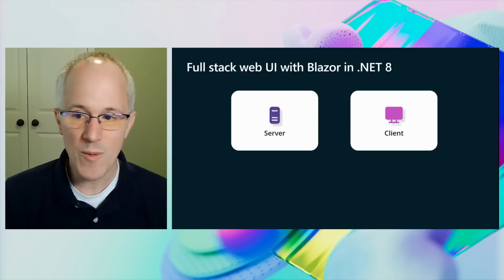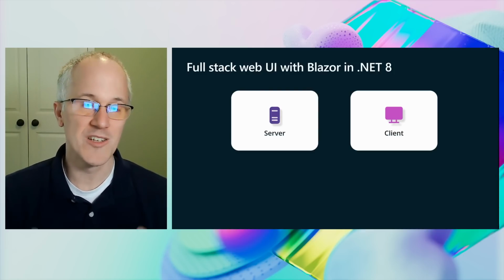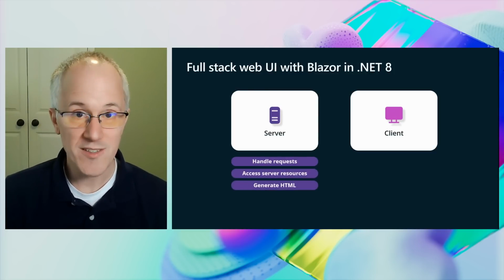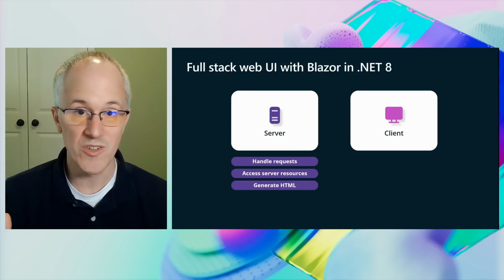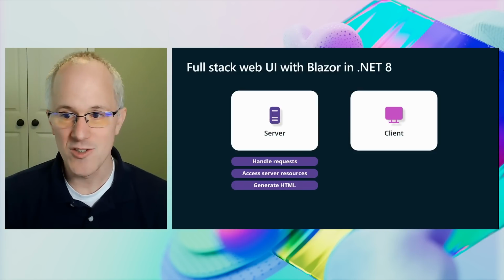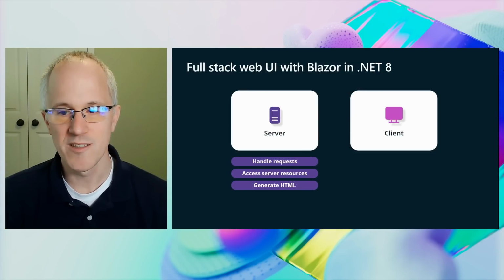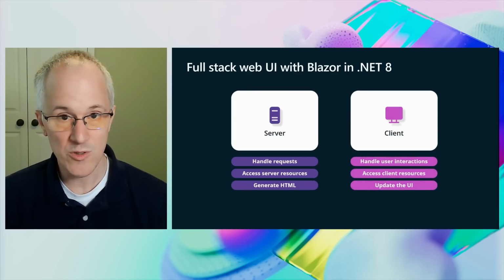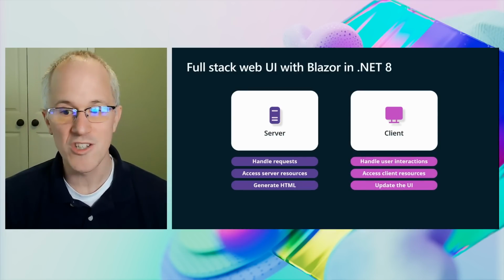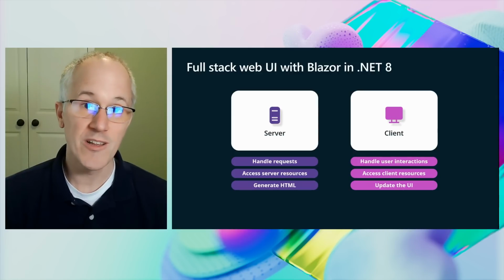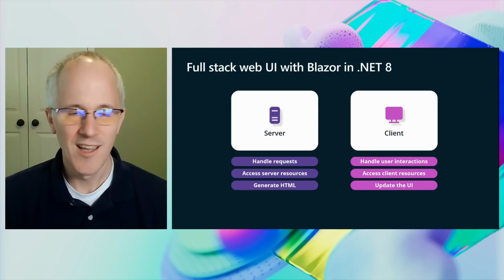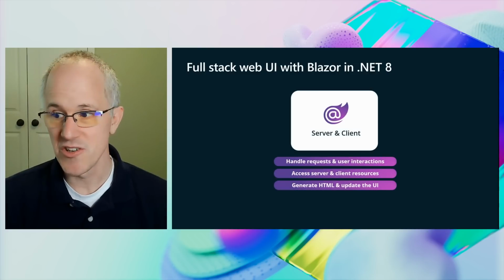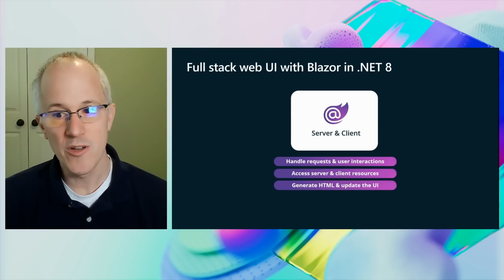These days, effective web UI development involves both the server and the client. On the server, you can handle requests by accessing server resources like data and backend services to generate HTML responses. On the client, you can handle user interactions using client resources like local storage and local location data to dynamically update the UI. As a full-stack web UI framework, Blazor can handle all of these scenarios using a consistent component-based